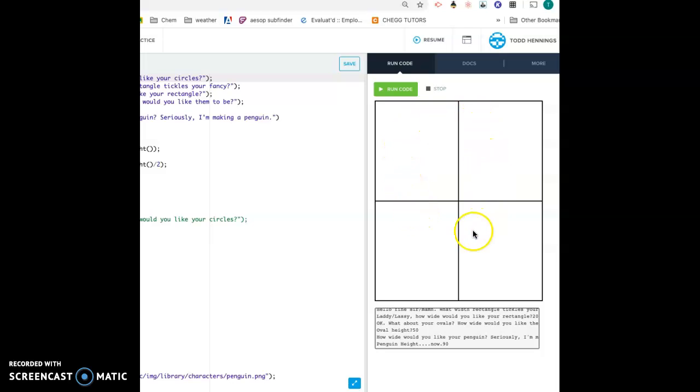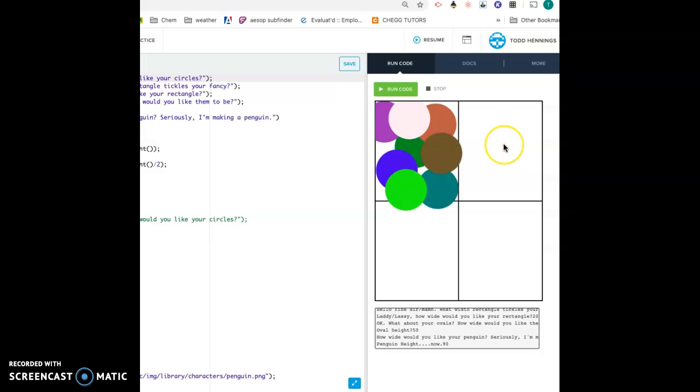My graphics window has been divided equally into 4 quadrants. And this is what we really want our code to do. We want to take those inputs, those dimensions, and if I click on the upper left quadrant, quadrant 1, and start clicking, it's going to put circles of random colors of that radius that I entered.